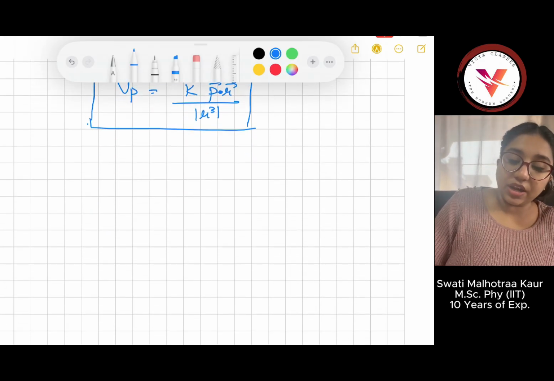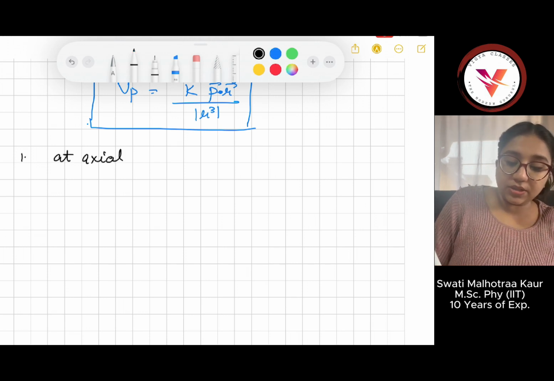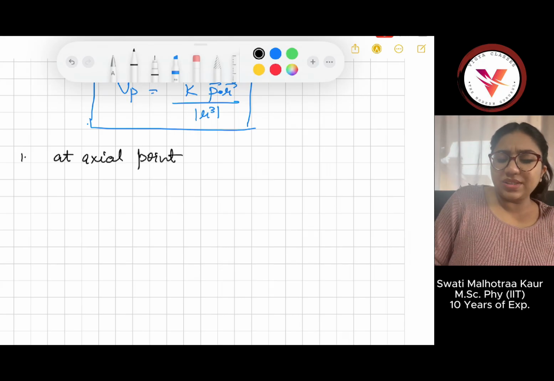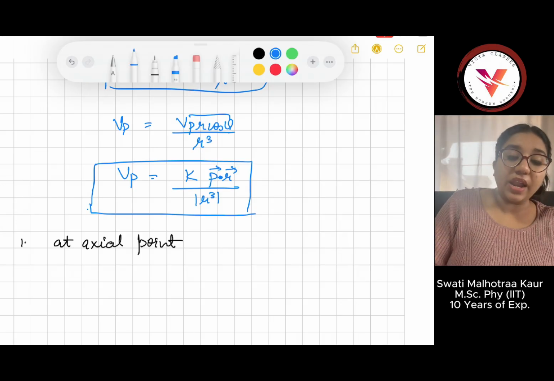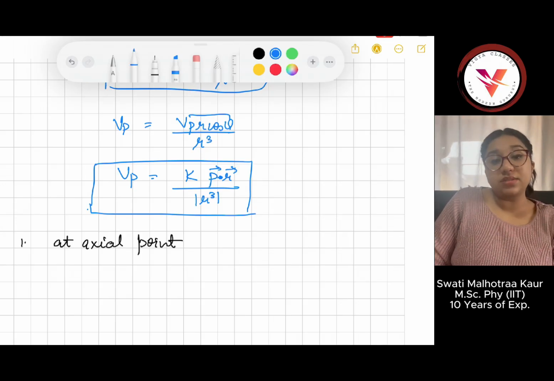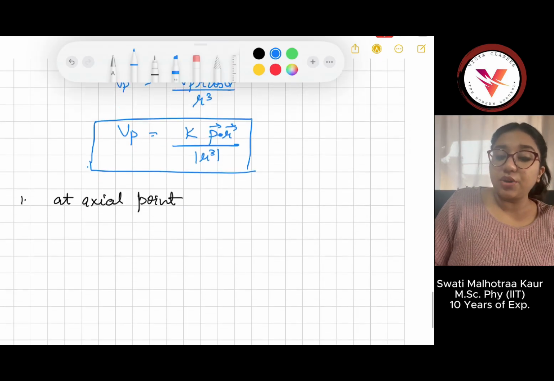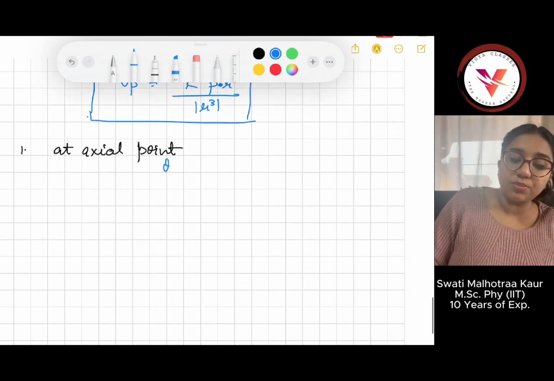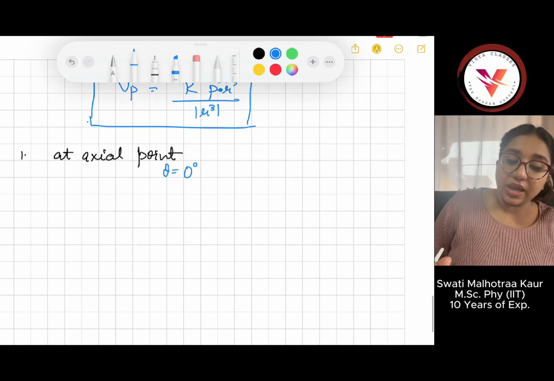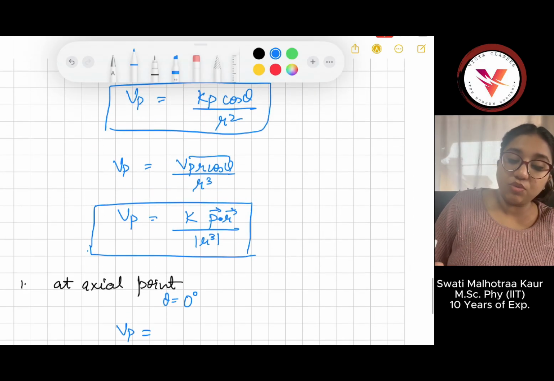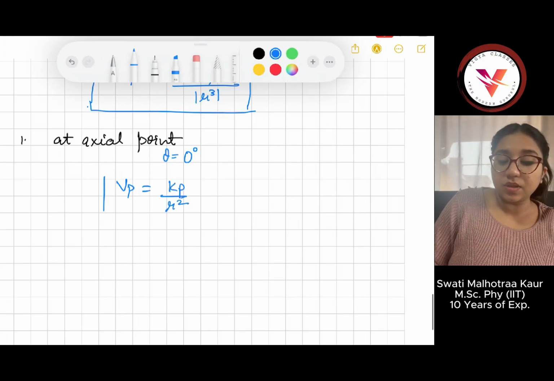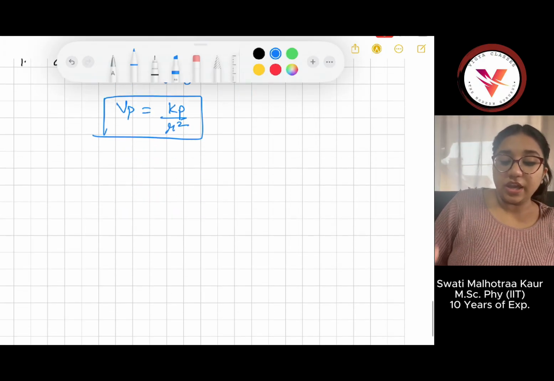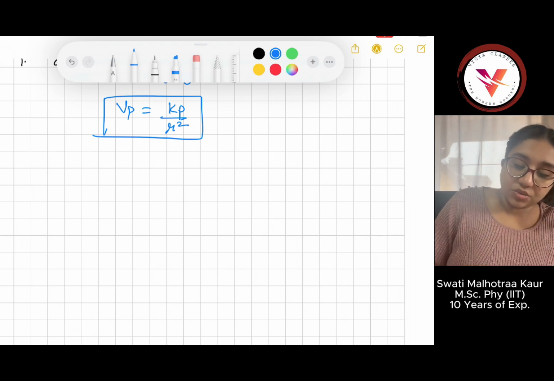Fine. And for that, we now have two different things. One, at axial point, you can simply calculate from here and also from the derivation. If you have derived a generalized formula, then you have to write its value of potential at axial and equatorial point. So at axial point, you can simply put theta to be 0 degree, and your Vp comes out to be, from here, Kp by r square, same like this. Okay. And if we talk about the derivation part, so again,